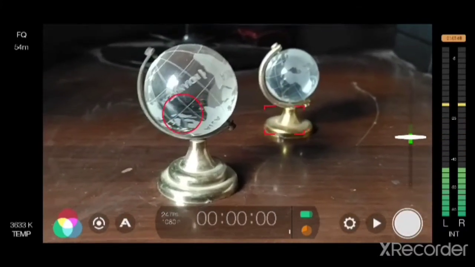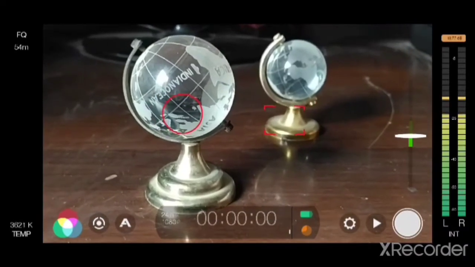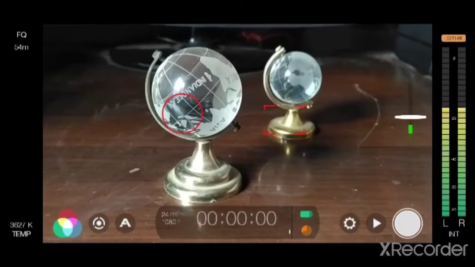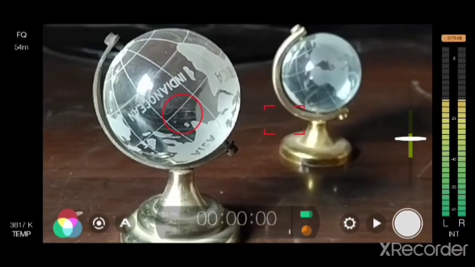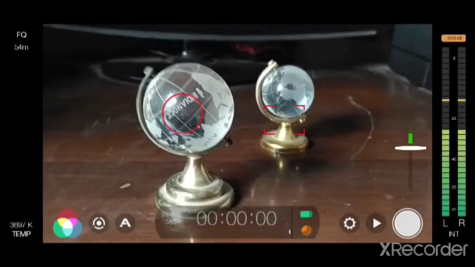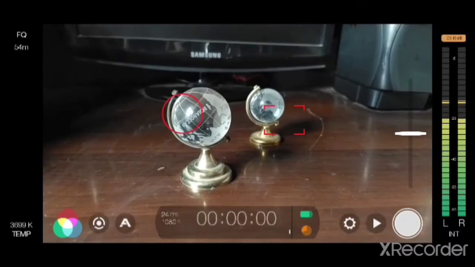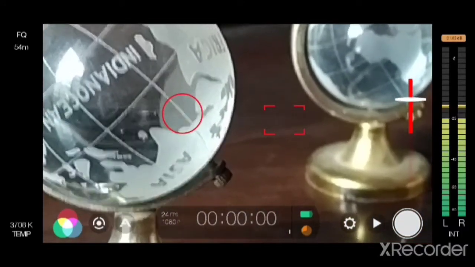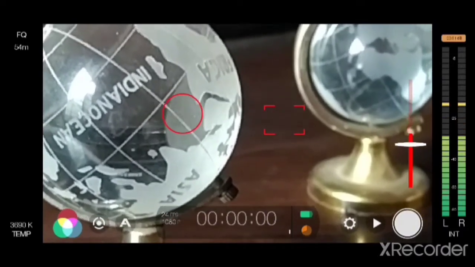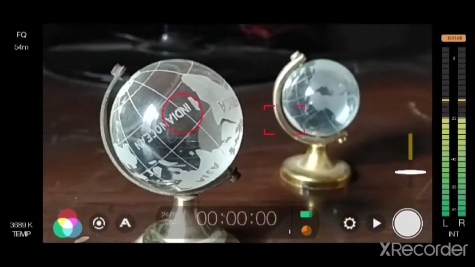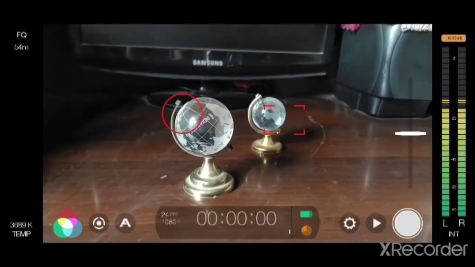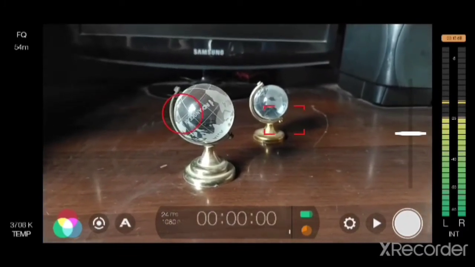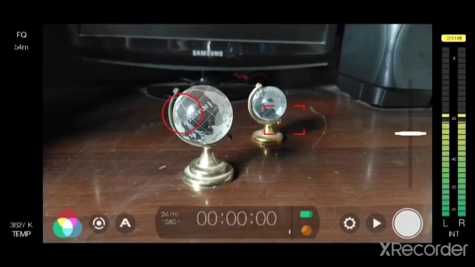The slider you are seeing now is the zoom option. The green color is for the best quality zoom, and the yellowish green color is the medium quality zoom. If you zoom a lot, the slider turns red, which means that clipping is happening on your footage, which is not good for your film or videos. So green means the best option for your footage.